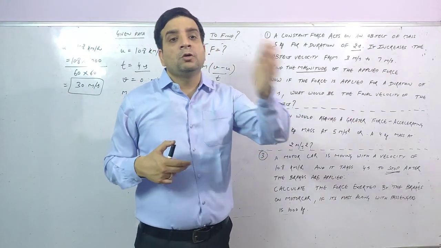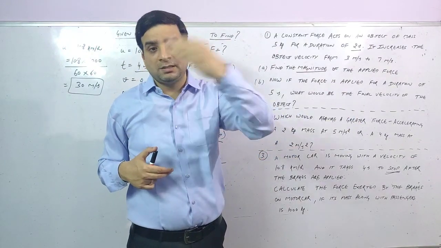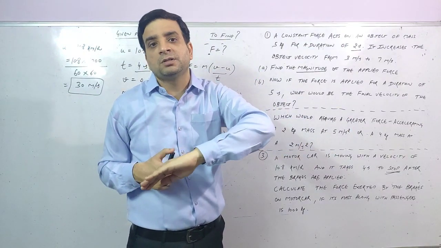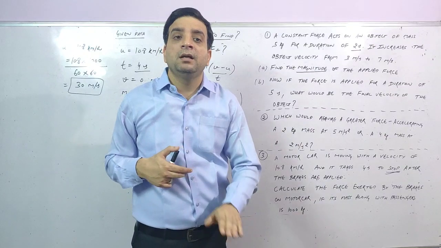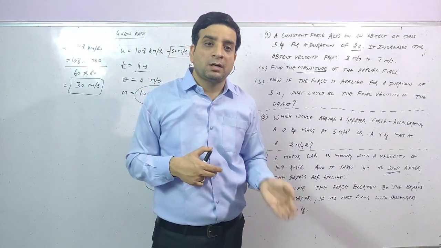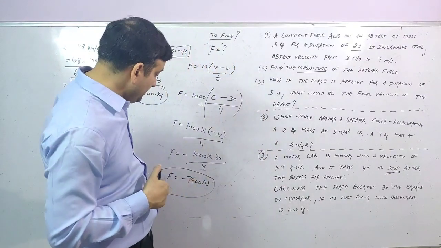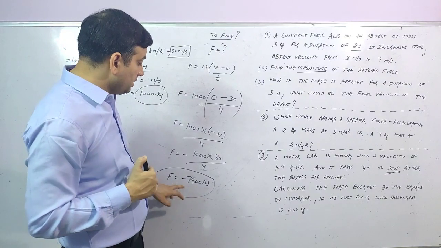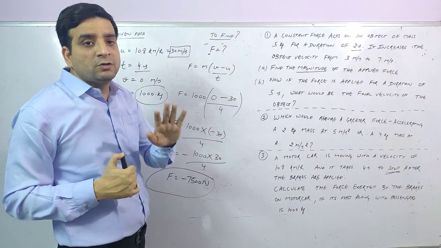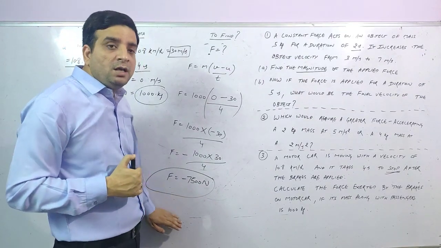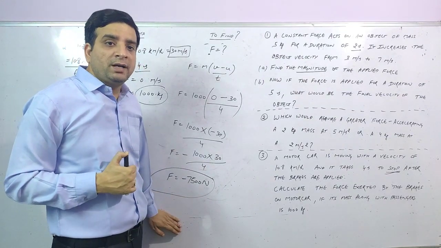कोई चीज मोशन में उसको रोकना है तो हमको क्या करना पड़ेगा, जो जिस डायरेक्शन में मोशन में होते हैं उसकी अपोजिट डायरेक्शन में हमको क्या लगाना पड़ता है, फोर्स लगाना पड़ता है. So brakes are applying force in the opposite direction so that the motor car will stop. So that is why the sign of force is minus 7500 Newton, and the minus sign states that the force is applied in the opposite direction of motion. So after writing up to this point, you have to also state the meaning of minus sign.